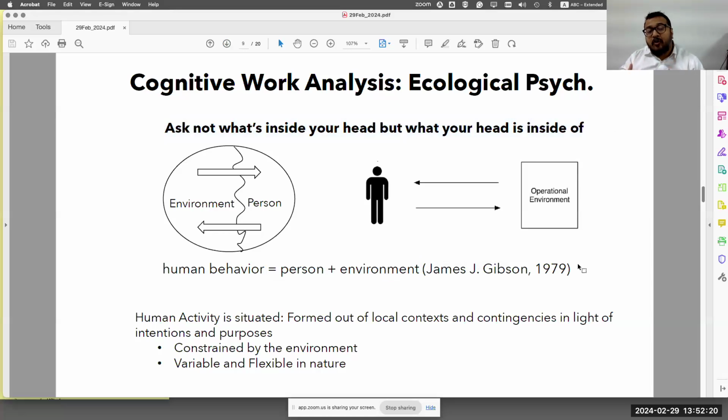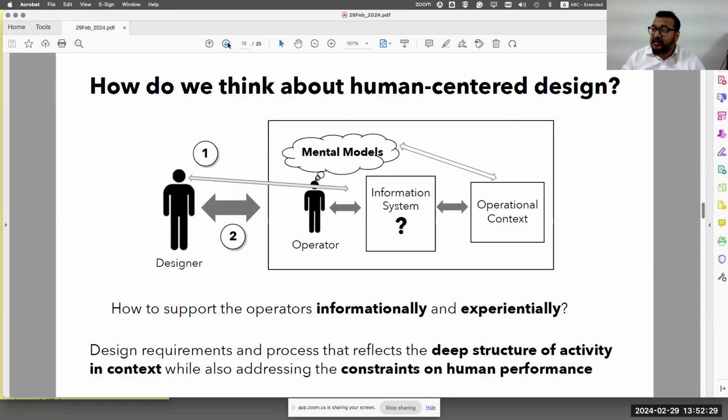So that gives you a very strong foundation for supporting the experiential aspects of systems design, of the humans in systems, right? Another way of looking at this problem is this way. Here you have to design for an operator. You've got to design the information system. As you would notice, this is the inner bubble number 3 of the previous slide that I showed you. This information is the designer's problem. You've got to design an information system over here. The operator works in an operational context and has mental models about that operational context.